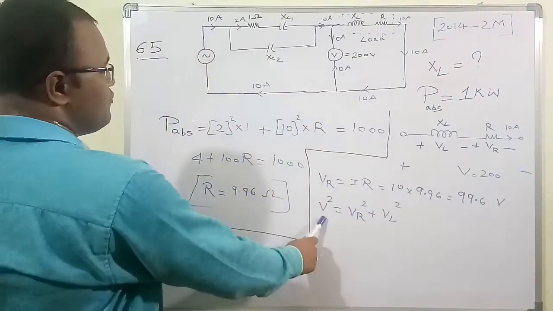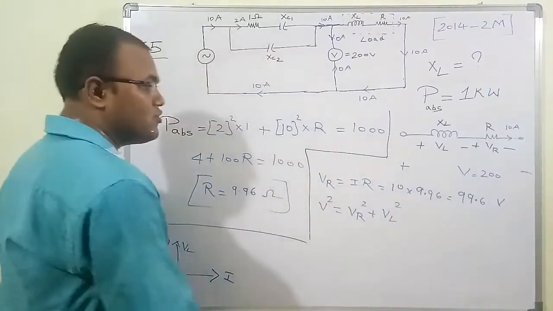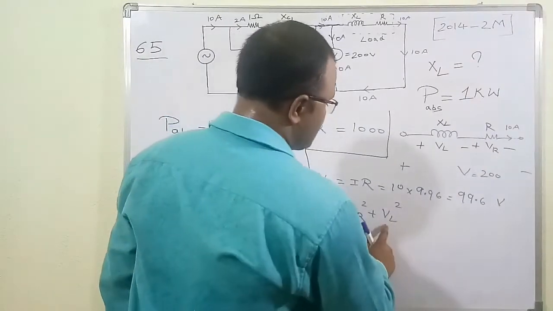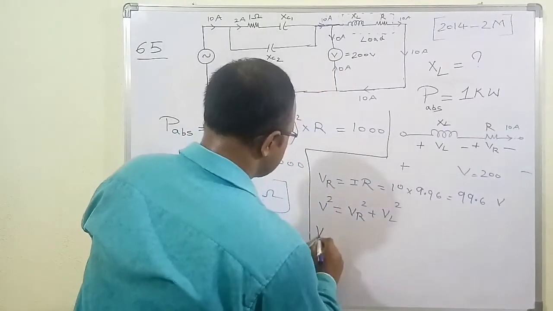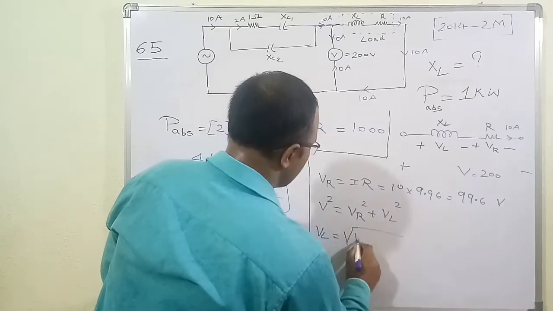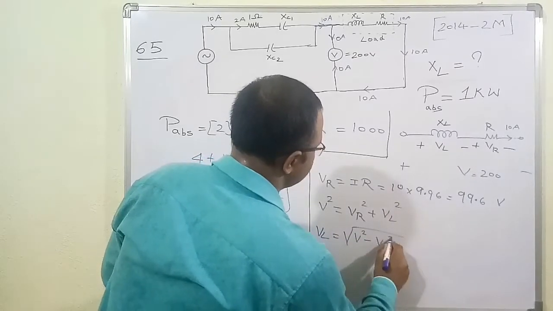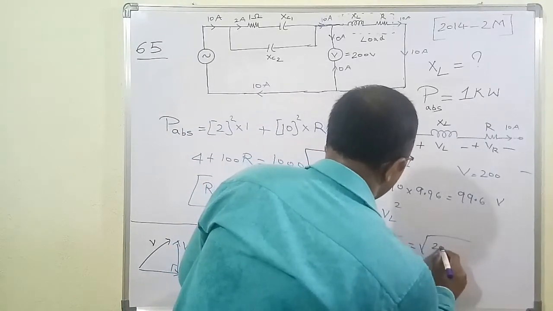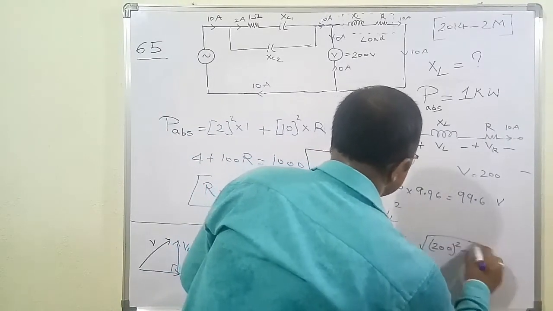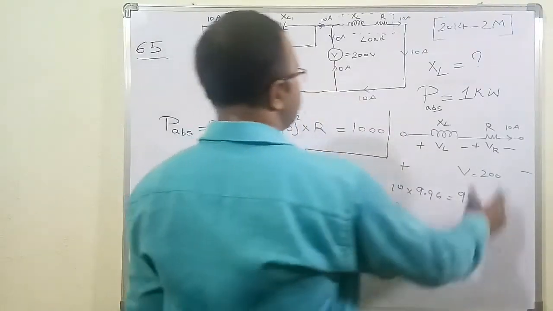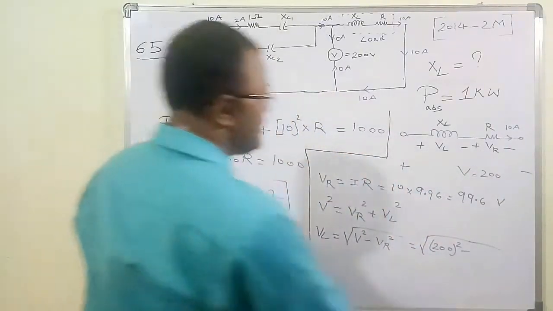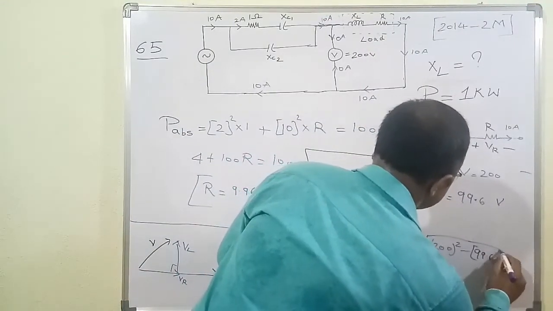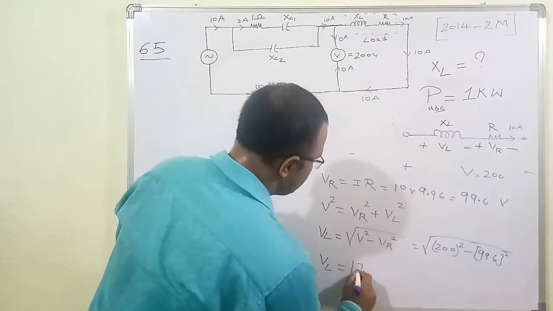As we know, the value of V is 200 and we also know the value of VR is equal to 99.6. So we need to find the only unknown parameter, which is VL. Therefore VL is equal to the square root of V squared minus VR squared. So the value of V is 200, so 200 whole squared minus the value of VR, which we already got, is 99.6. So 99.6 squared. If you do this calculation, you get VL is equal to